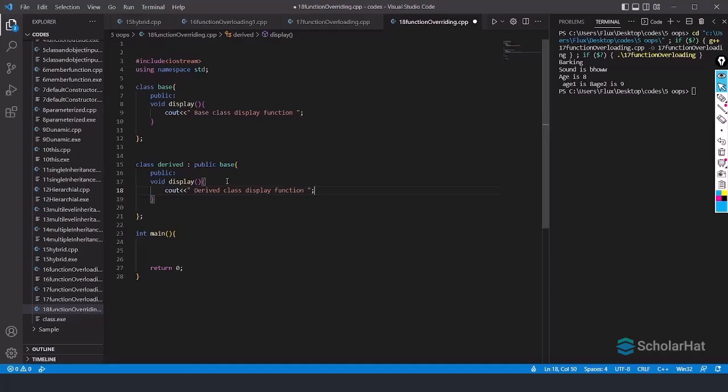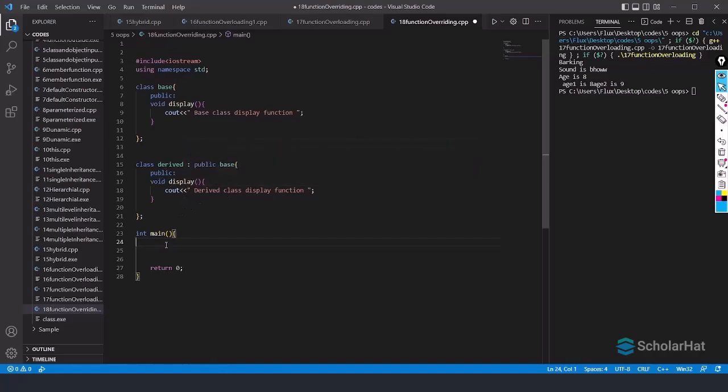Now if you see, when I say derived class, it is going to inherit all the public properties of this base class. So two same display functions are coming. Now when I create an object for this derived class and I call this display function, which will be called? That time the derived class display member function will be called.